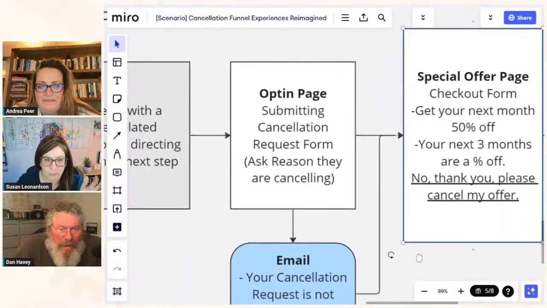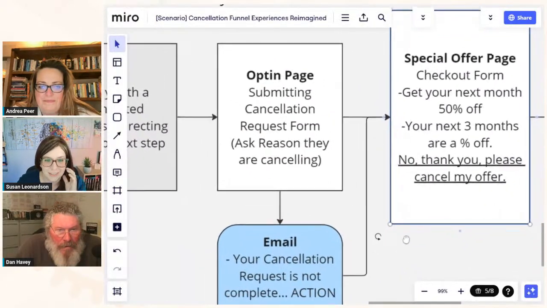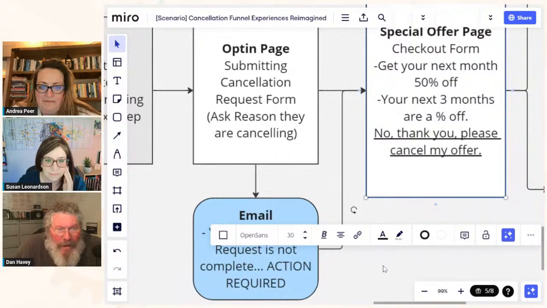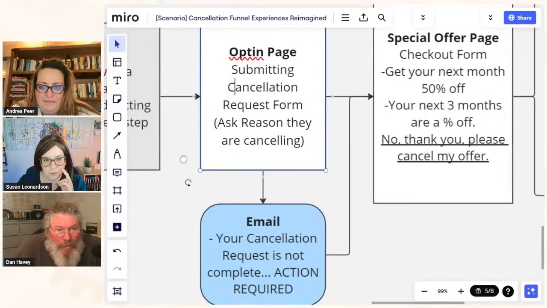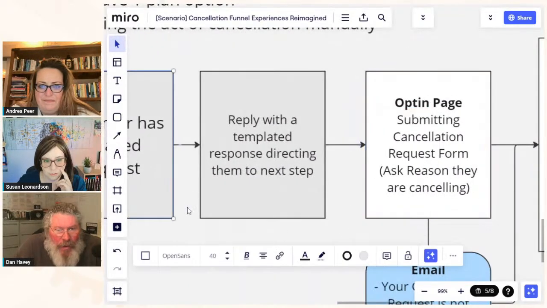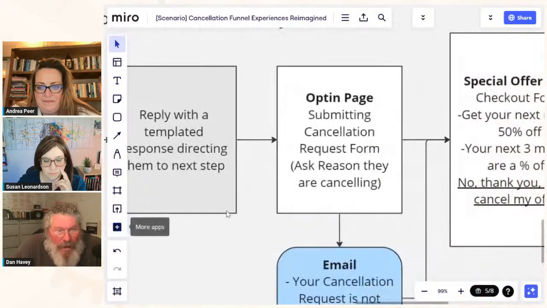Like, I submitted your form. Why are you still charging me? Okay. Well, in that case, because they've already gone to this page. They've already done two actions saying I want to cancel. Yeah. So I guess at that point, if they don't go to the next step, you just send